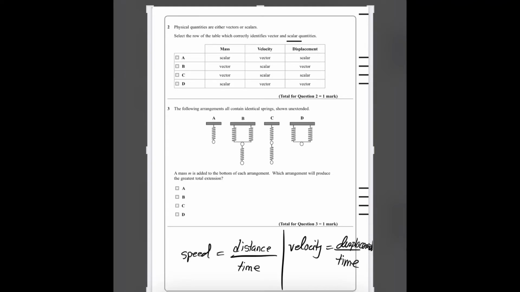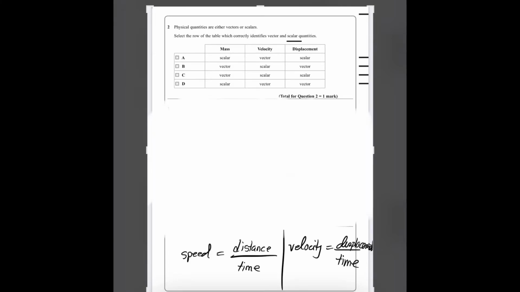So basically for distance, let me just clear out. So for example, we move from this point to this point and this point to this point. So this point is A, B and C. The distance between A, B is 20 kilometers and the distance between B and C is 20 kilometers. So speed is basically distance by time. Distance is the total path covered when traveling. So basically the distance here is 20 plus 20, which is 40 kilometers, but the displacement is actually the shortest